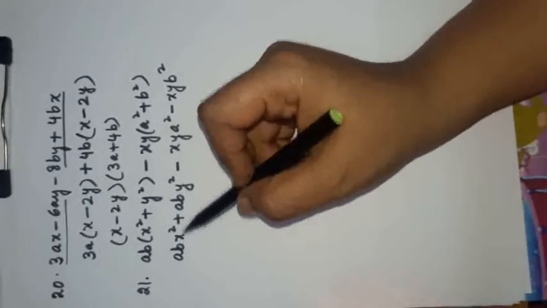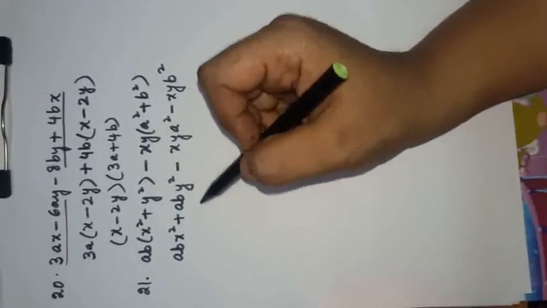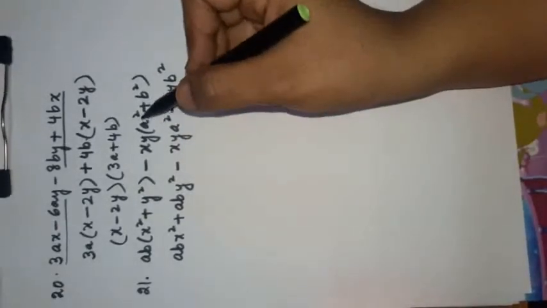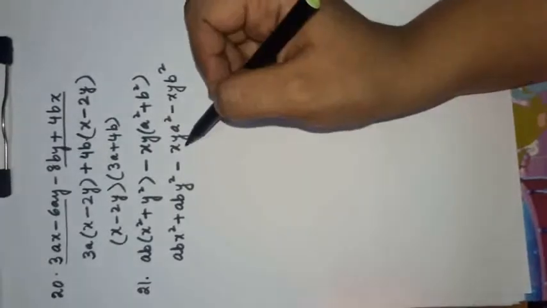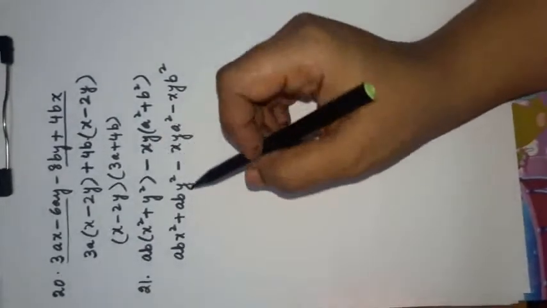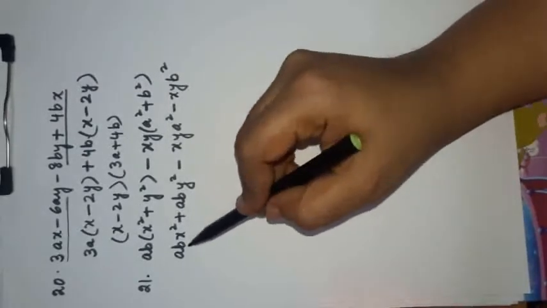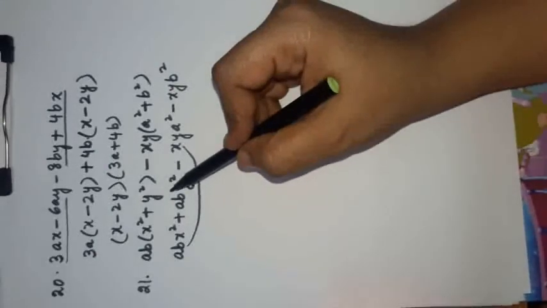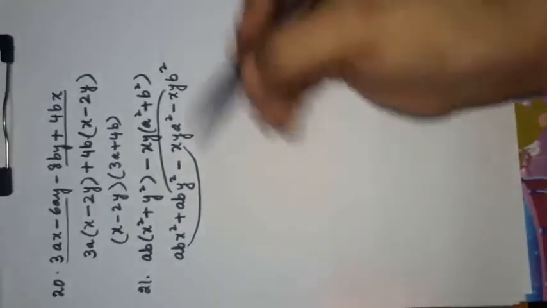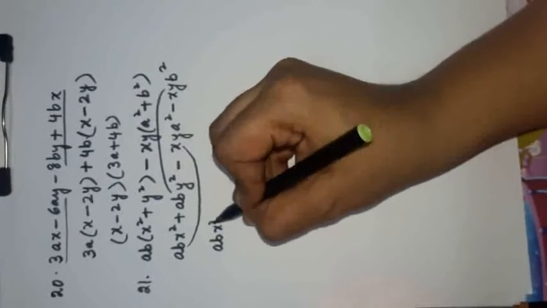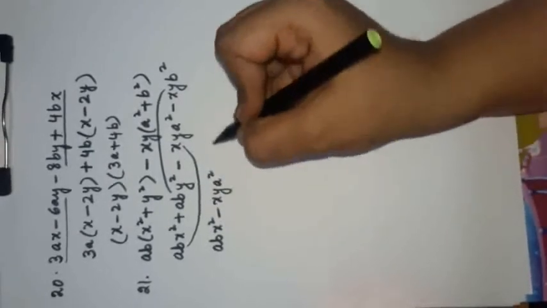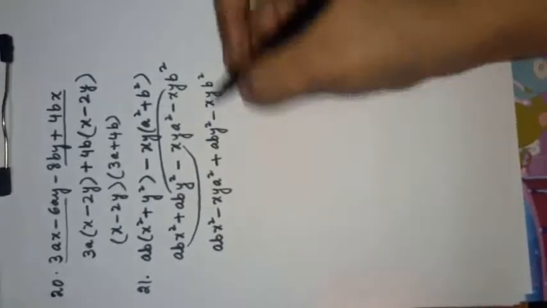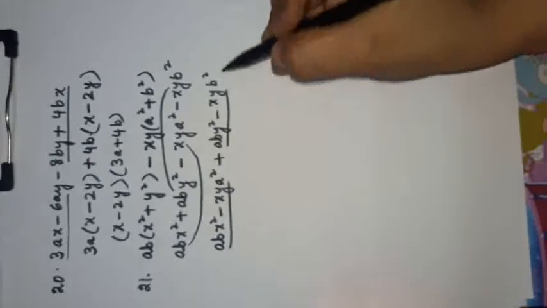Now again ab you can't take common, because if you take it common, then again you will get the same answer. ab is already common over here, xy is already common over here. So one term of ab and one term of xy, like this let us take. So you see this abx square minus xya square, let us make it a group, then aby square and xyb square. So abx square minus xya square, then plus aby square minus xyb square. So these two are the groups.